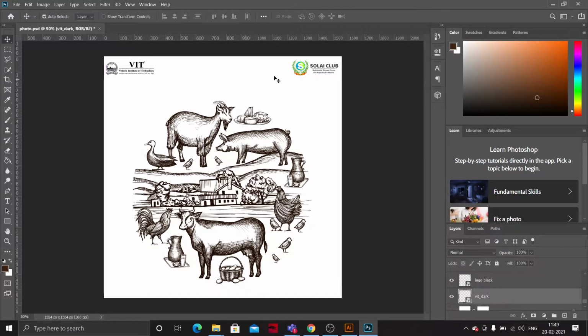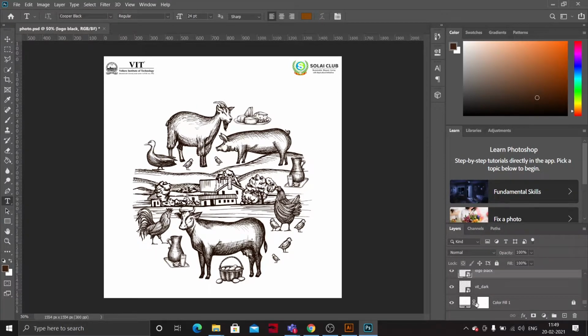First of all, now selecting the font. Basically the Office of Students Welfare text should be official and formal, that's why no stylish fonts are allowed for that. Now for typing the text, we'll use the text tool. You can see here T, that's the text tool. And once again, just click on the color layer, the layer where we have to type the text.